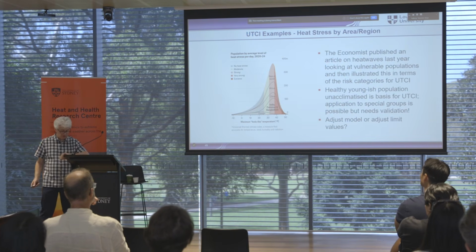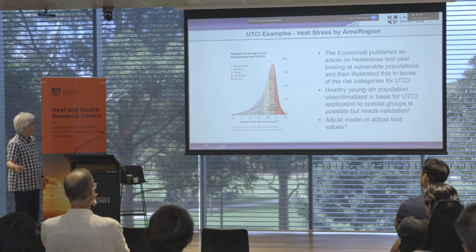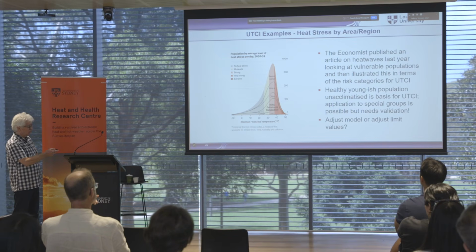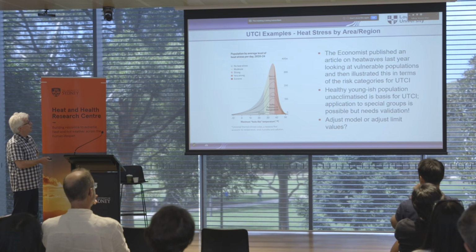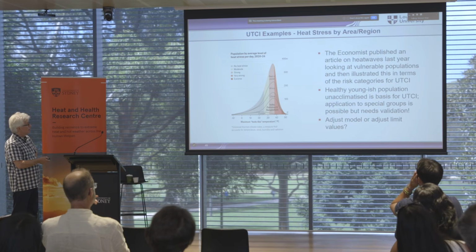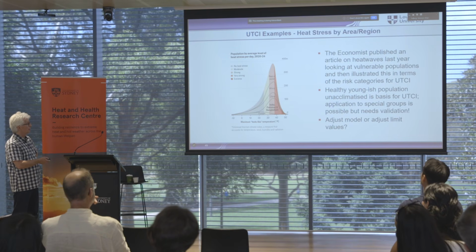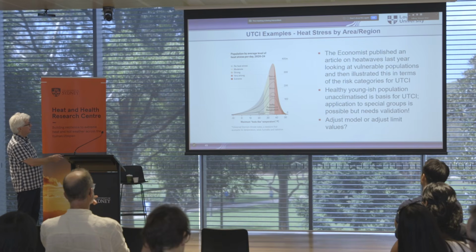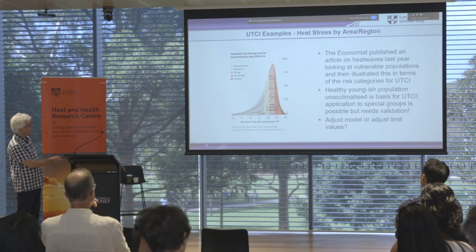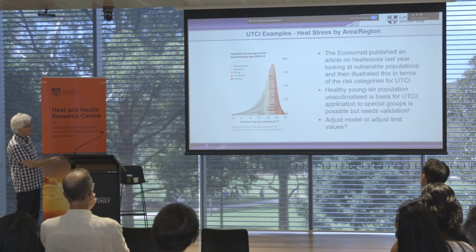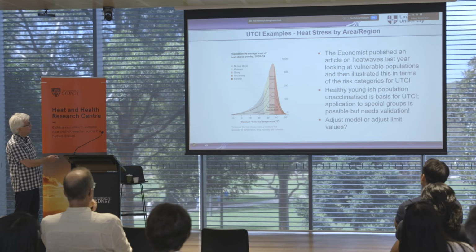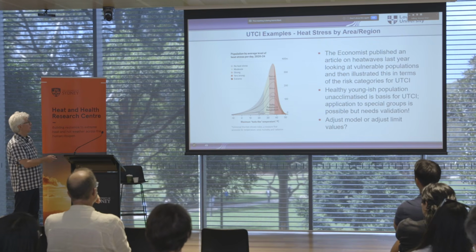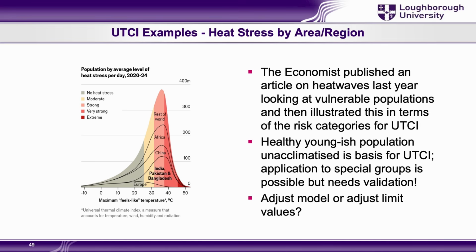Then there's a couple of others, and I only looked up a few, and actually Ollie sent me this one, I think. This was in The Economist, looking at heat waves, and they produced a graph of what they called maximal feels-like temperature, which is, like I said, incorrect. But then they looked at the distribution over the different categories, with Europe, of course, having very little in the extreme categories, India more. I assume this is a cumulative graph, but I couldn't really find that information.